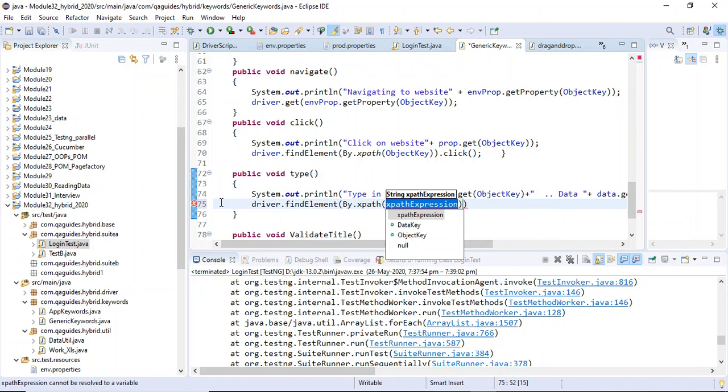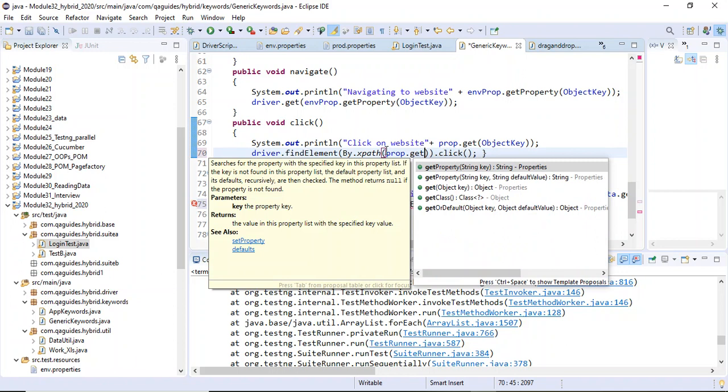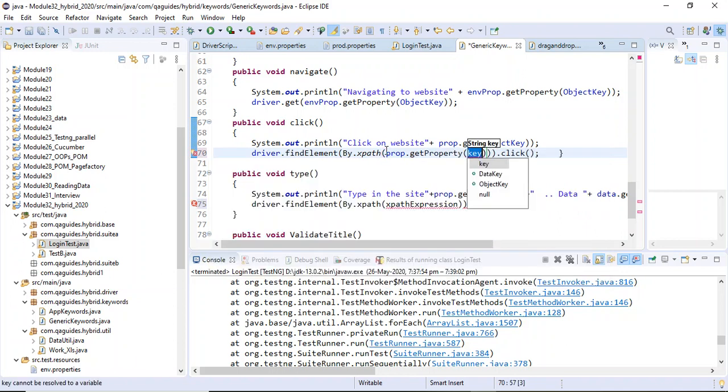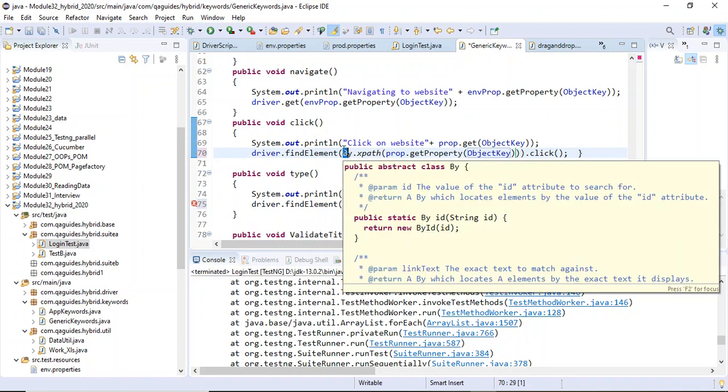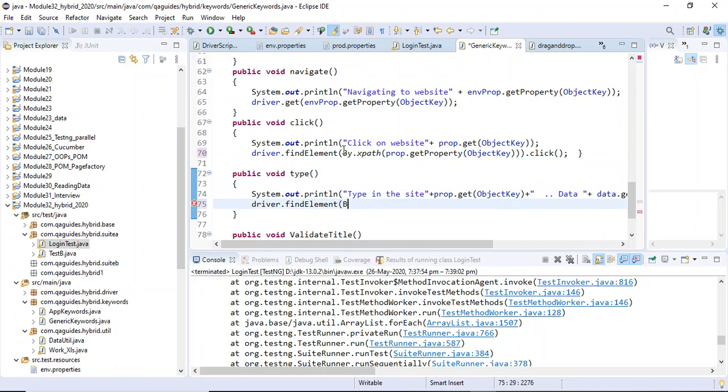We need to get the property here. I think the xpath will be like prop dot get property object key. And in the same way we can use it here also, copy it.